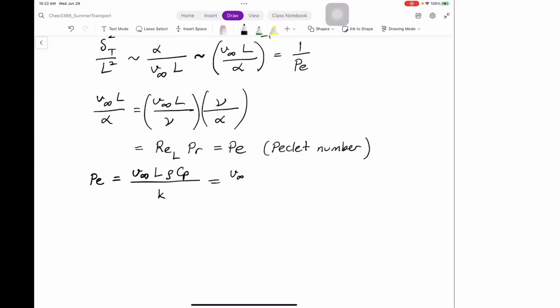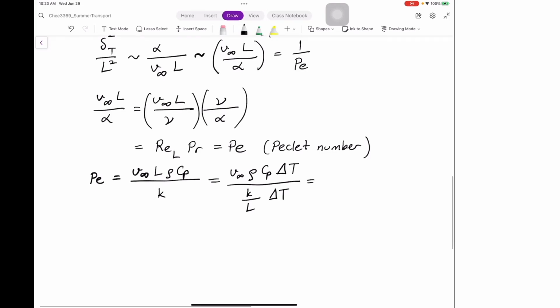We're gonna multiply by delta T both sides, and I'm gonna take the L to the denominator. So I'm gonna have V infinity rho Cp delta T, multiplying both numerator and denominator by delta T, and divide by L, the K by L. I got this L to here, which I can, because 1 over something is that something. It's equal to,